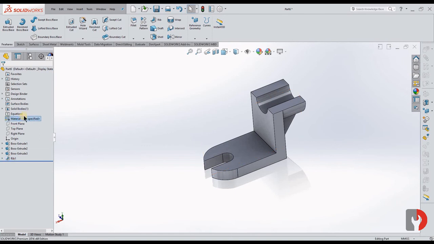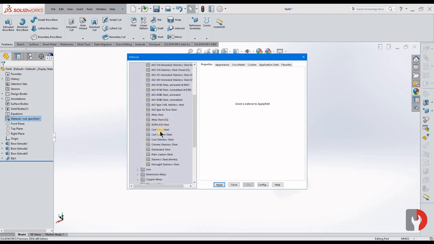Let us choose now material, give aluminum,